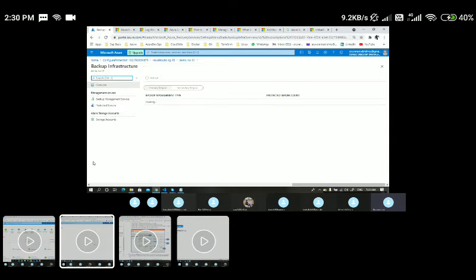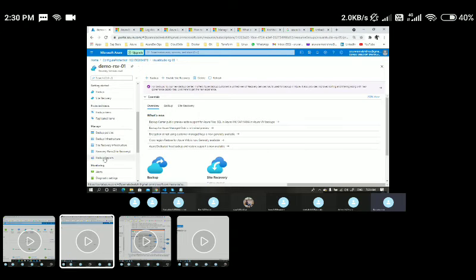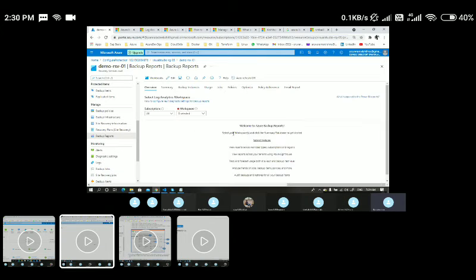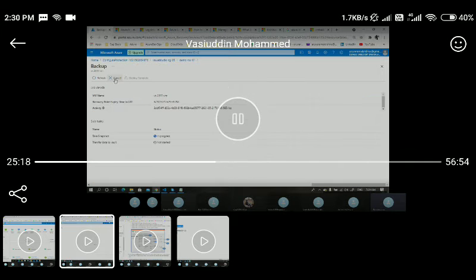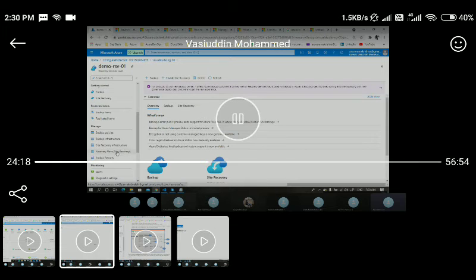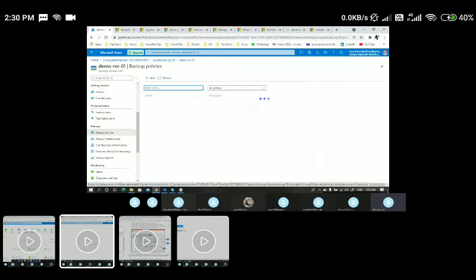And if you go to the backup infrastructure, here you can see what we have taken a backup of, which is related to the on-premises one, not the Azure one. If you want to see the backup reports, you could go ahead and generate the backup report also. At this moment, for this we need a workspace and other things, so you can cancel it here. There is also an option called backup jobs.